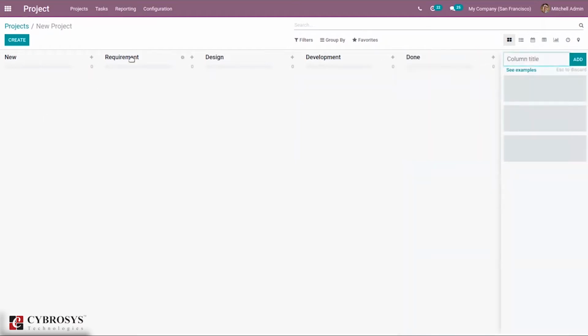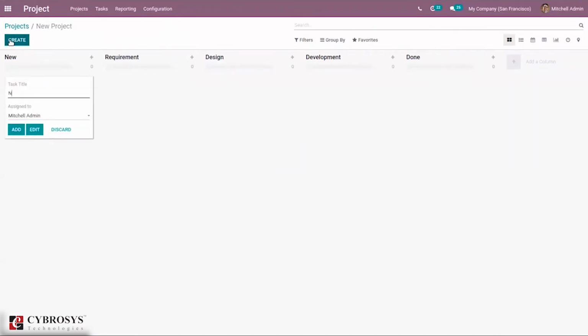After adding the stages, let's create a new task. Click the create button to create a new task. I'm creating task 1, and here you can assign it to an employee. After that, just click add, and the task will be created.